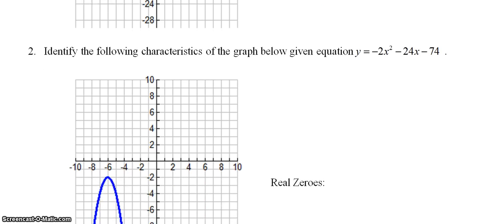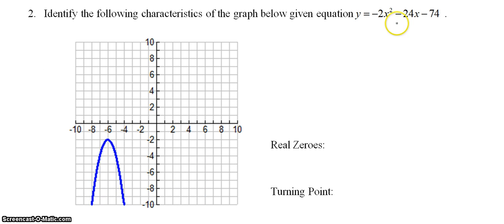Let's look at situation number 2. Identify the following characteristics of this quadratic. So if I look at the graph, I don't see any x-intercepts of this parabola. So I write none, and let's talk about why. So if I factor out a -2,